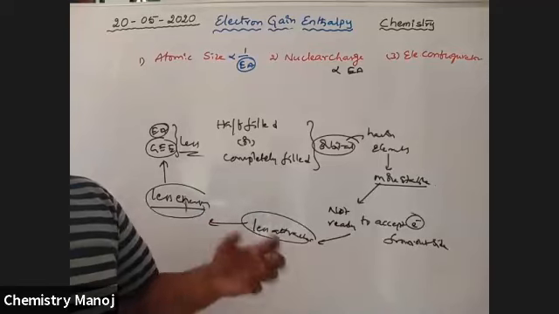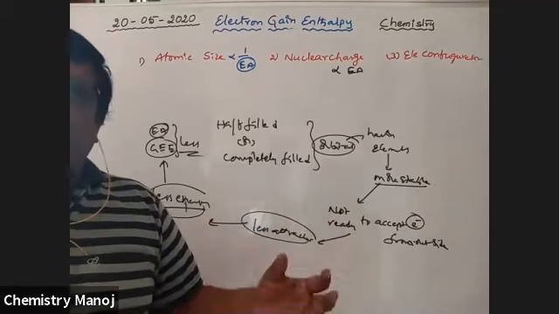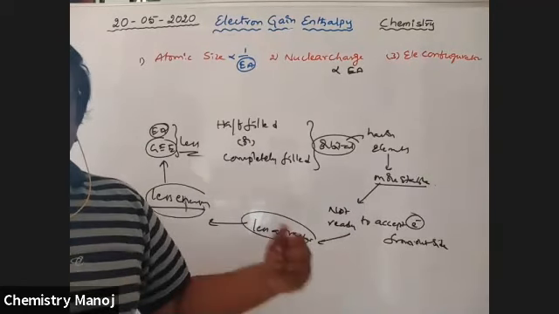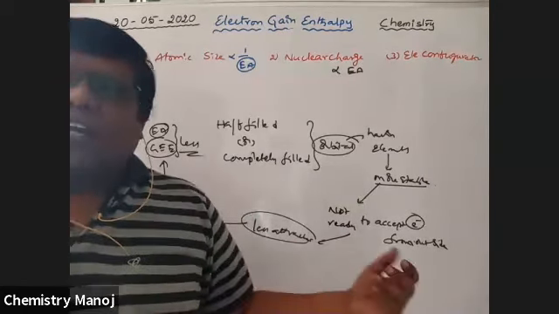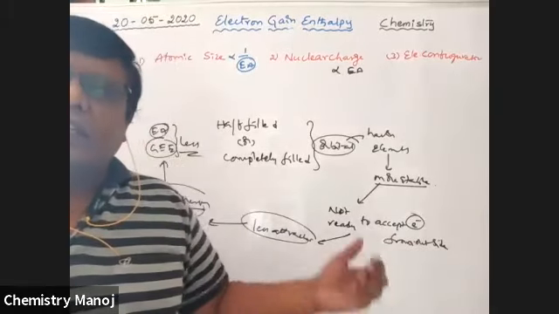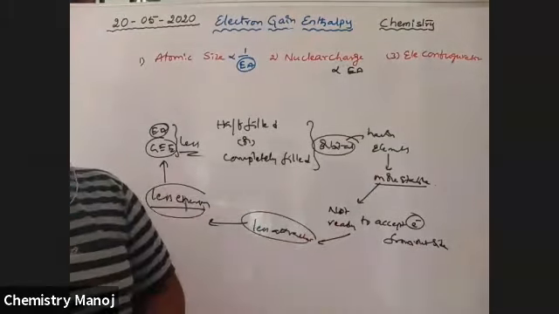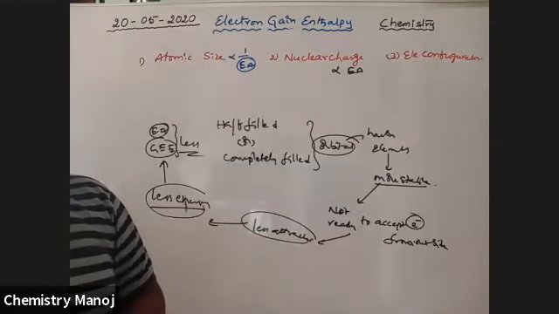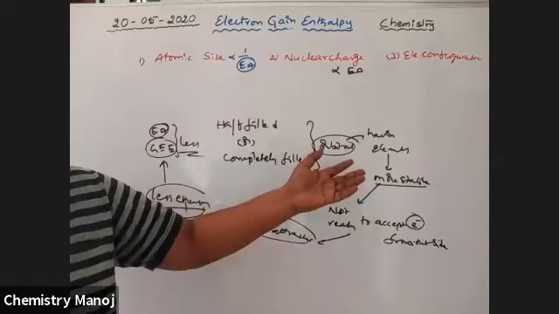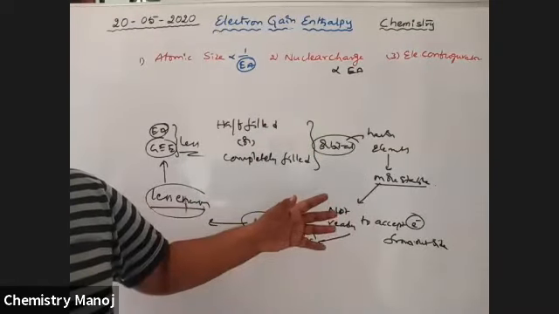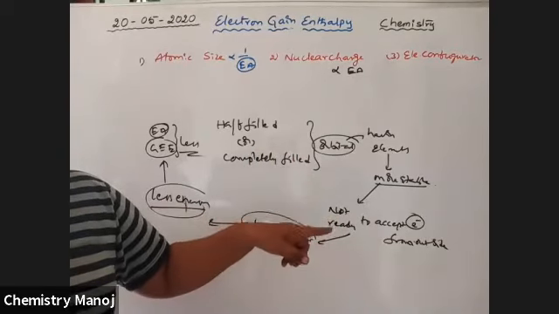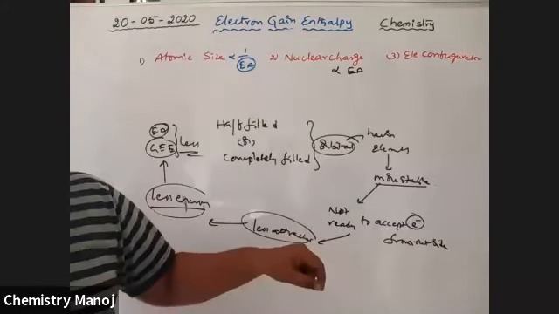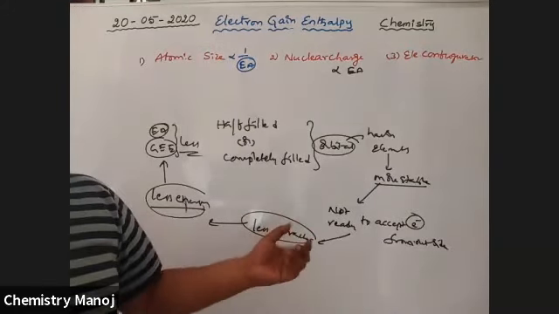Because of their stability, the attractive force between the incoming electron and the nucleus is very, very less. That's why less attractive force, automatically less energy will be released. That means electron gain enthalpy or electron affinity is less in these cases. So electronic configuration also influences electron gain enthalpy. More stable elements, that is, atoms of elements having half filled or completely filled orbitals, have less electron gain enthalpies than their neighbors.